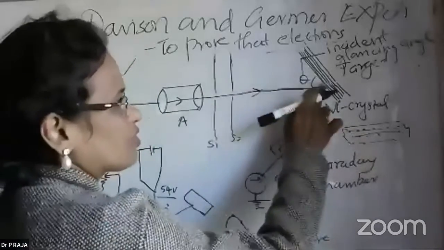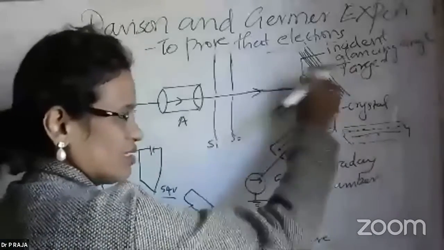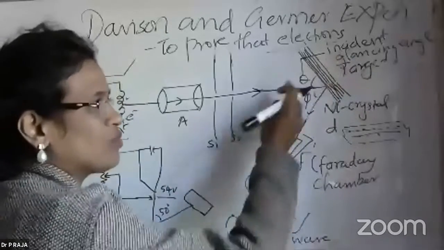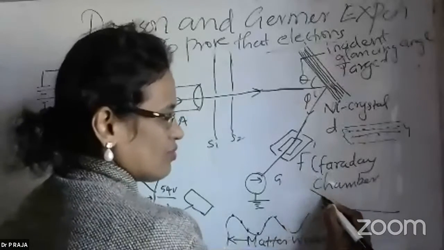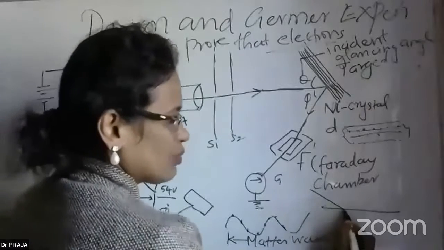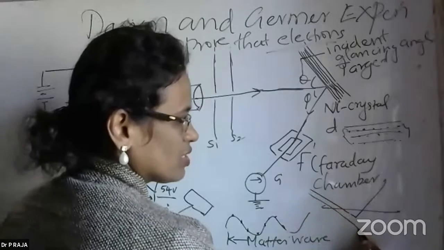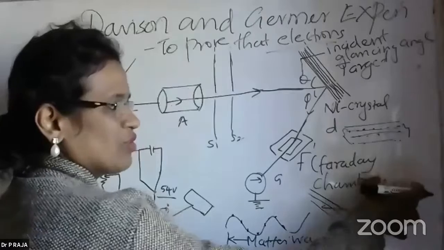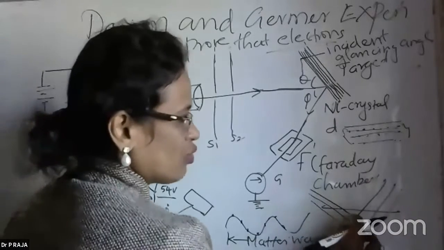So when the electrons hit this target material, they will go inside and then get reflected outside. Some of the electrons can go inside. You know that when an X-ray is allowed to pass through a material, it goes inside and then comes out. And some more goes inside and then comes out. And the reflected beam, there will be some scattered ones, of course, that go outside also, but those which